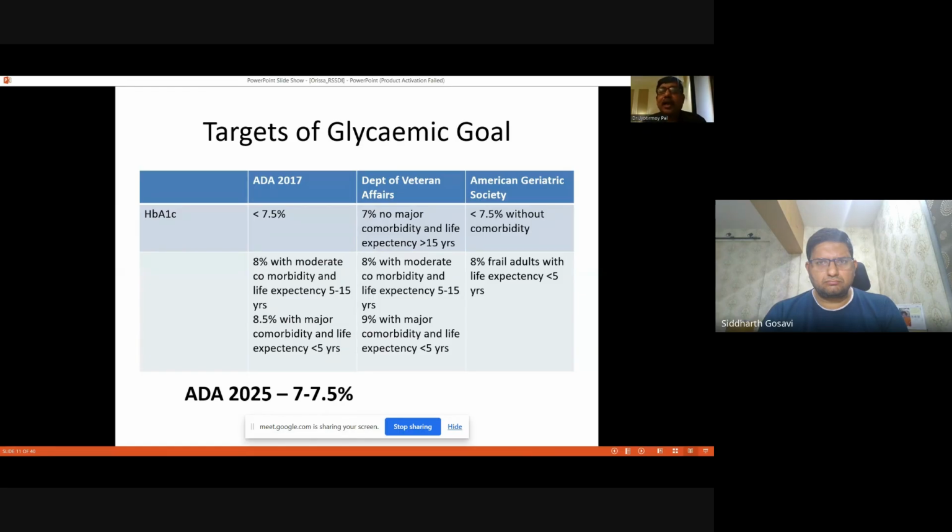So a slightly higher sugar level, to prevent hypoglycemia and its related complications, is a major issue. So physicians should decide what the target goal should be. To remember, for the healthy elderly population it is 7 to 7.5, and for the elderly population with intermediate health, 8 to 8.5 is considered